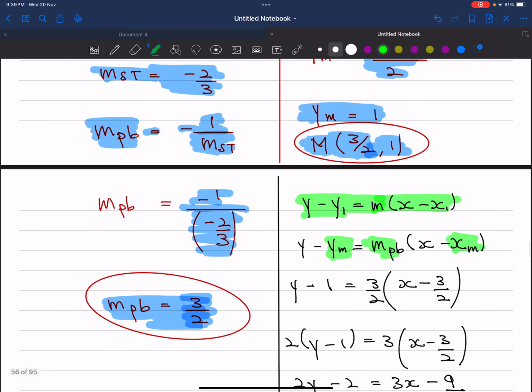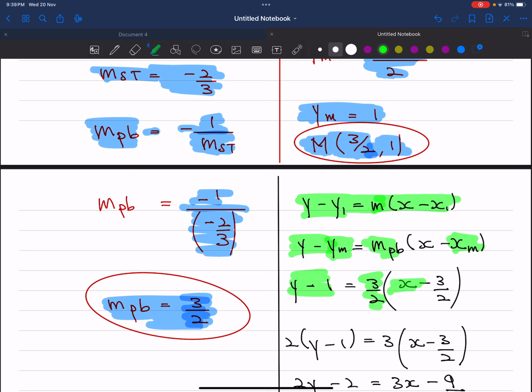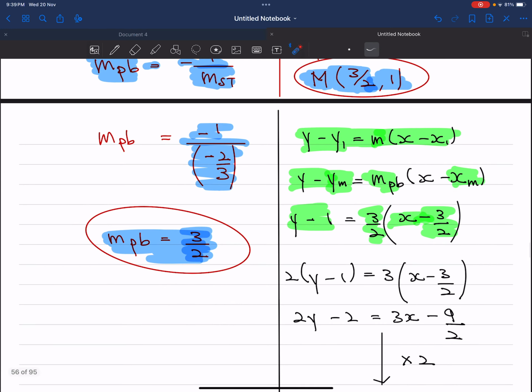So y minus ym, which is 1, equals the gradient 3 over 2, times x minus xm, which is 3 over 2. So what I do next, to make it one fraction,